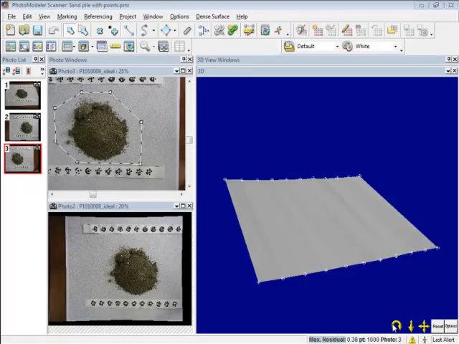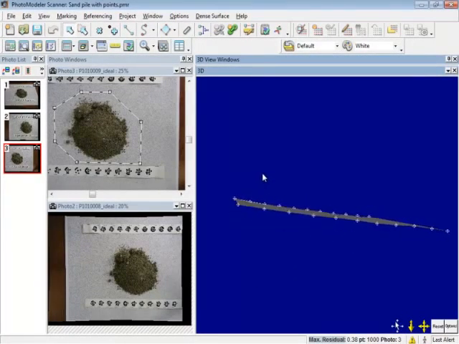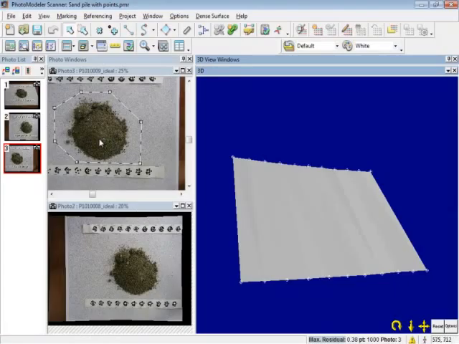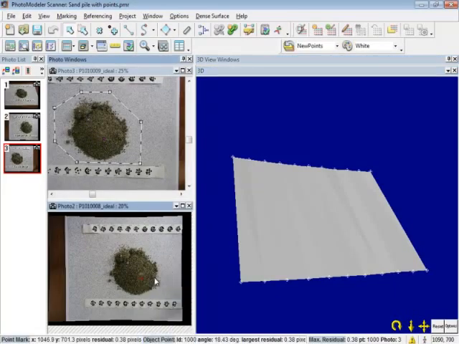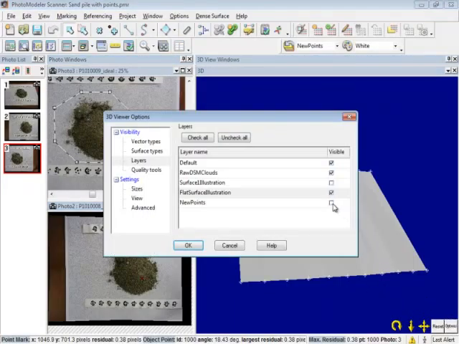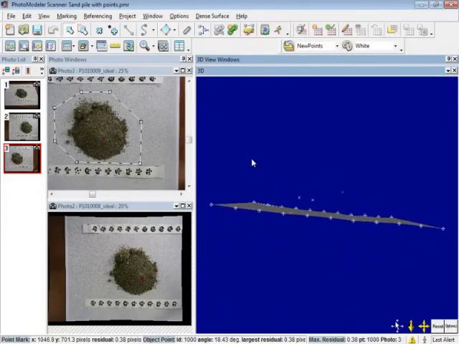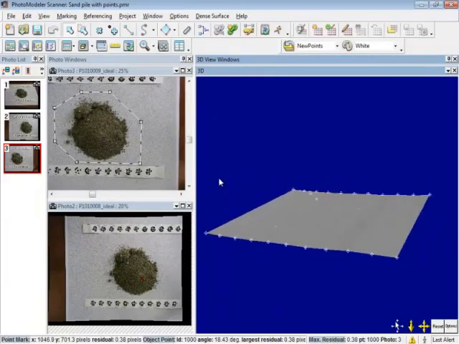The implicit surface for this project would look something like the one shown here. It is a flat plane going through the existing coded points. Here, we've added some new points to the project by picking natural features. They don't have to be that accurately marked if we don't reprocess the project. You can see how the points are above the ground plane now and a bit more representative of the sand